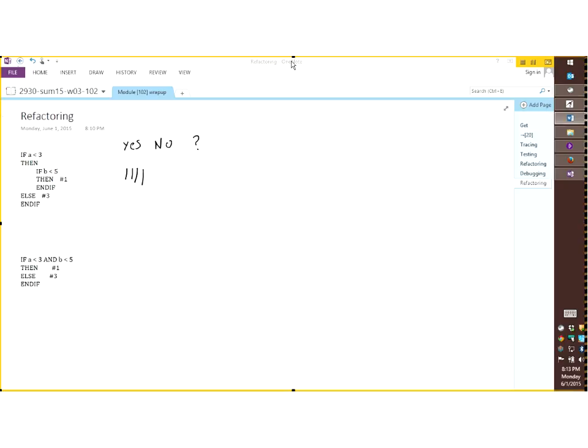Well, question. If I'm assuming that if B is not less than 5, then it moves to else number 3. If B is... Nope. Which one? The top one or the bottom one? Before I say nope, I should have asked that. The top one, okay. So the top one, if our example is b is not less than 5, that means let's say b equals 5, okay? B equals 5. This if statement, if it triggers, I go here, okay? Because b is not equal to 5, I go here, okay?